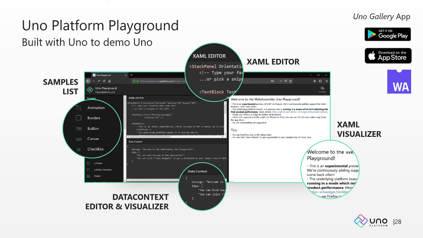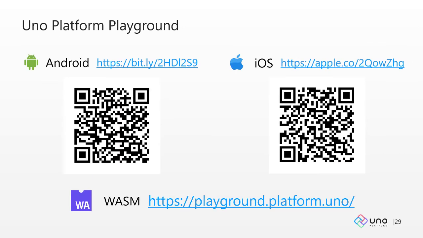Finally, if you want to play with UNO platform without installing anything, you can do so as well, thanks to the UNO platform playground, which is an application built with UNO to demo UNO. This application is available for the web browser as a WebAssembly app, and you can also download a very similar application for Android and iOS from the App Store, and here are the links to that.